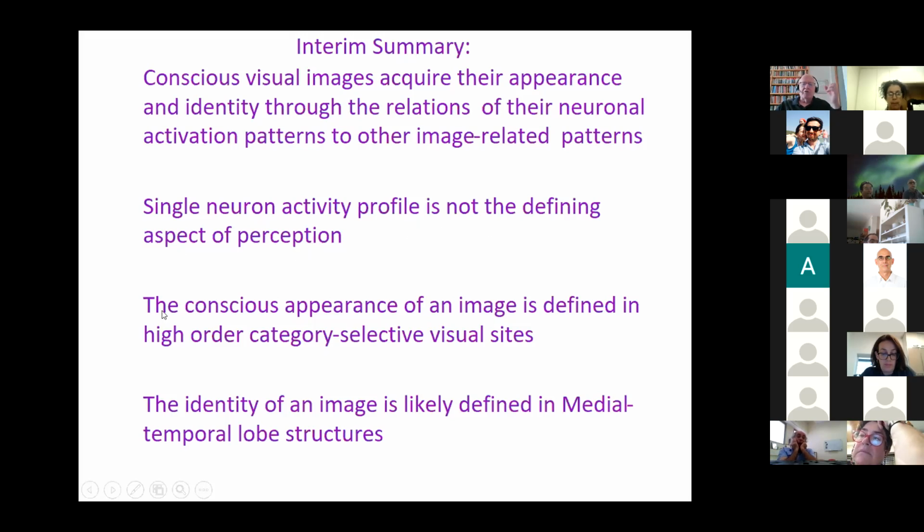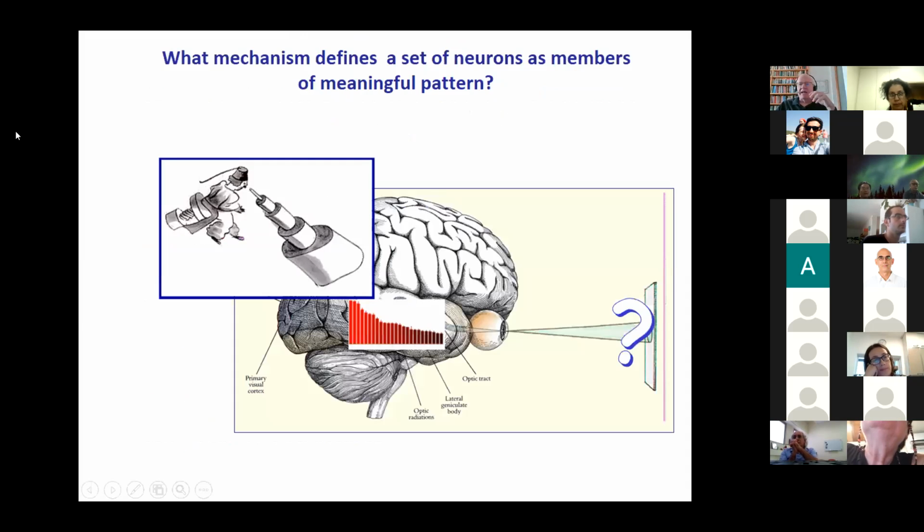Well, I would like to propose that the appearance of an image in our mind is defined by high order category selective visual sites, while the identity, who the person is, what specific car you recognize and so forth, is likely defined in medial temporal lobe structures that show invariance to the appearance of images, but maintain sensitivity to the identity. Finally, in the last part of the talk, I would like to raise another very, very deep question